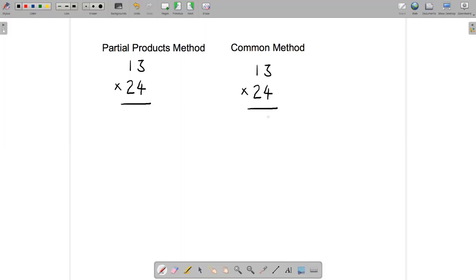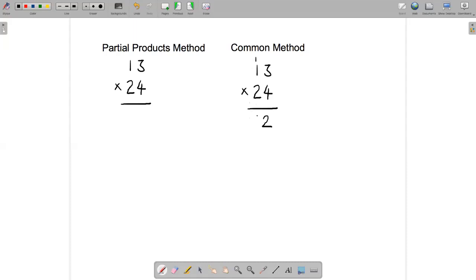So we typically start by looking at the ones digit of the second number. So first of all, we do 4 times 13. So 4 times 3 comes to 12. So we usually write the 2 there and then the 1 up here to represent 12. And then we've got 4 times 1 comes to 4, plus the 1 that we just wrote down at the